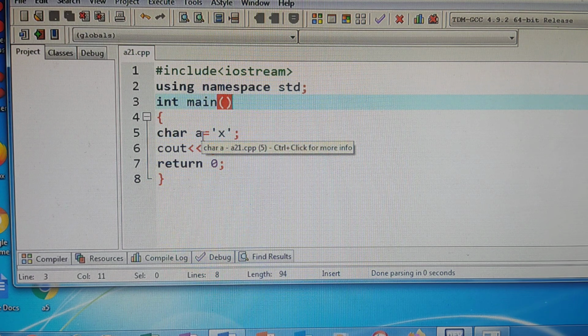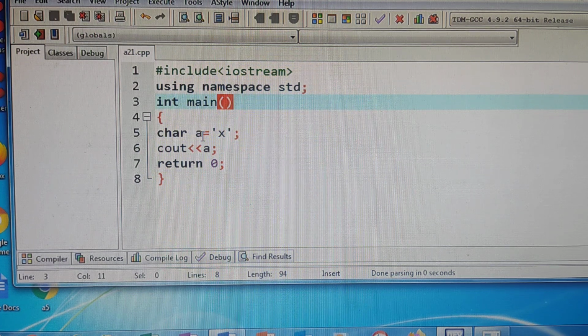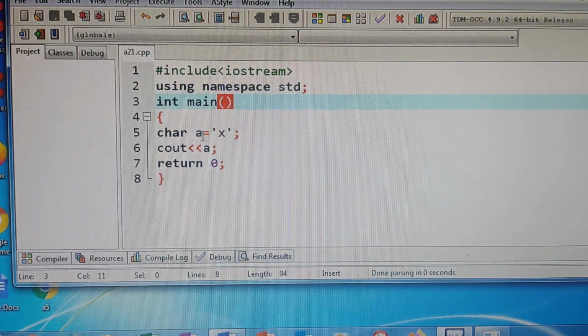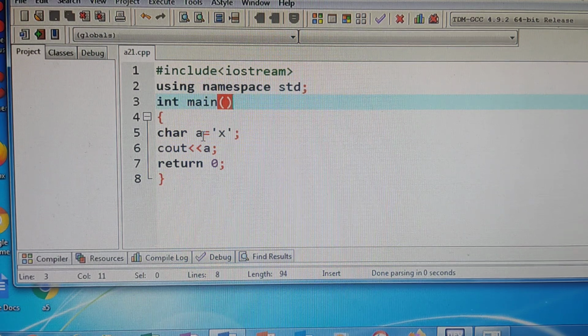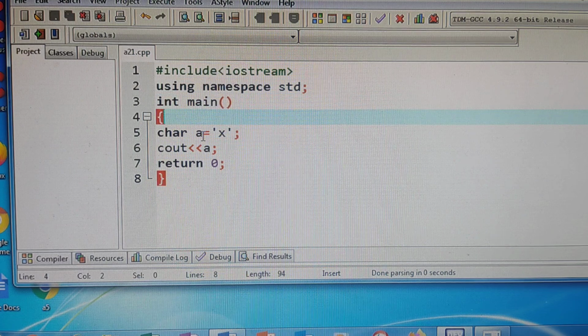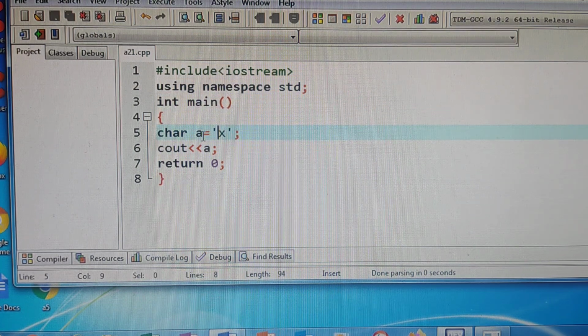Suppose you want to print a string, like a hello string. In C++, as already explained, there are two methods. One is by using a character array and the second one is by using the predefined data type string. First I will explain how to create a string using a character array. For example, I want to print Hello on the output screen. Hello, how many characters do you have? 5 characters, HELLO. And as already explained, a string ends with the null character.